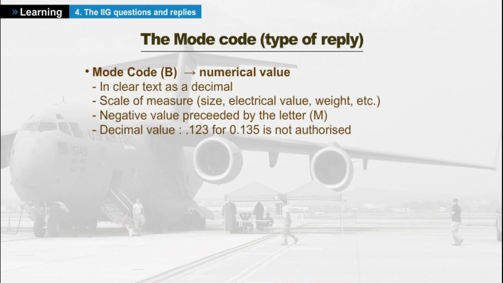Mode code B indicates that the reply is given in clear text as a decimal value representing an arithmetic value of a measurable scale, with a minimum of 1 digit following the decimal point. Negative values are preceded by the letter represented by the sign in decoded format. A positive or null value is not preceded by any sign. This code will be used with all the replies representing numerical values of measurement scale, such as dimensions, electrical values, weight, etc. Example: